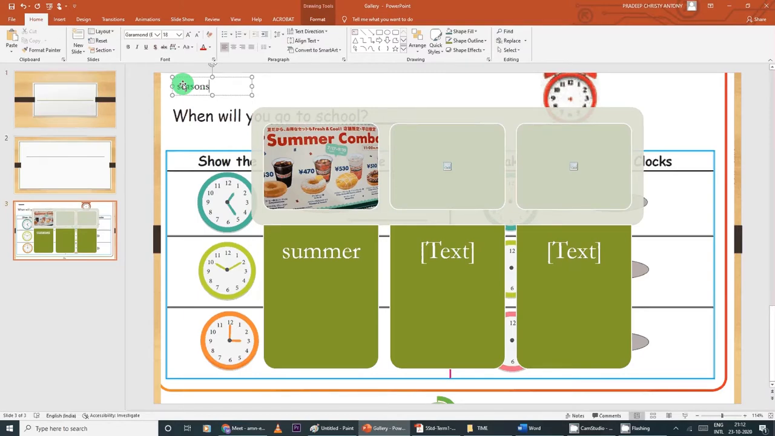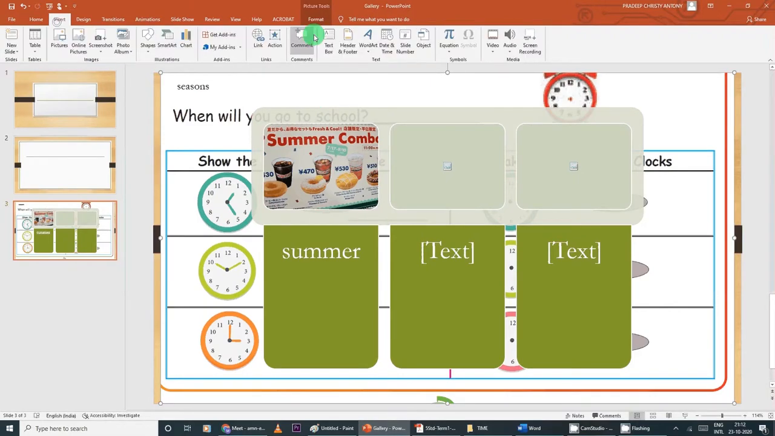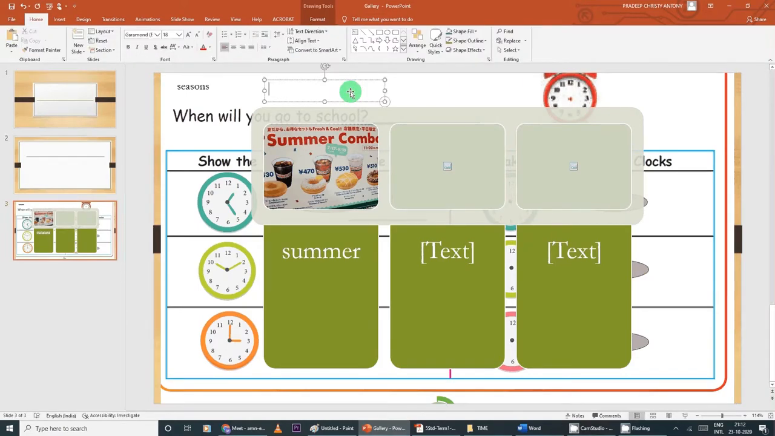So you want one more text box, again go to insert, again you can go to text box, again drag and you can type. So this text box will be really useful in preparing PPT. Next,